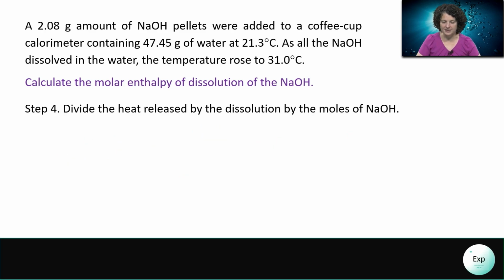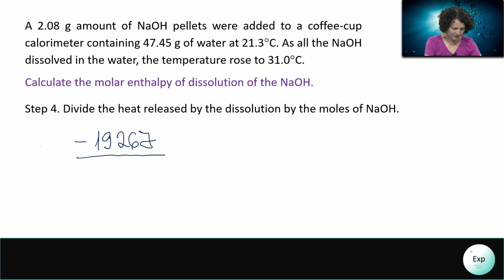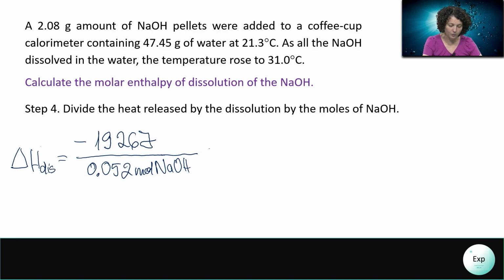hydroxide, because then we're going to take the heat of dissolution, which is minus 1,926 joules, and we're going to divide it by the moles of sodium hydroxide that we just calculated, 0.052 moles of sodium hydroxide. When we divide these two values, we will determine the enthalpy change associated with the dissolution of 1 mole of sodium hydroxide, the value of which is going to be negative